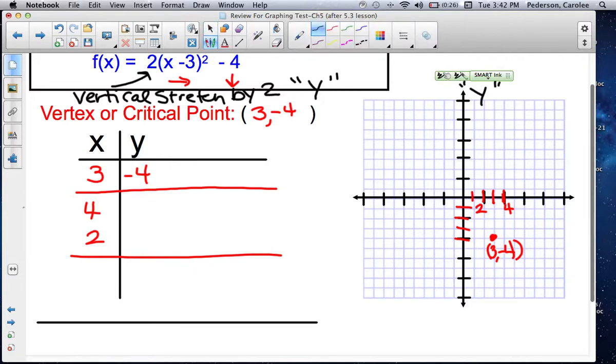Normally, it would be right here and right there. But we have to stretch it by 2. So let's change that. I'm going to erase those 2 black dots. And I have to stretch it by 2 on the y-axis. So what are those 2 points? This is 4,